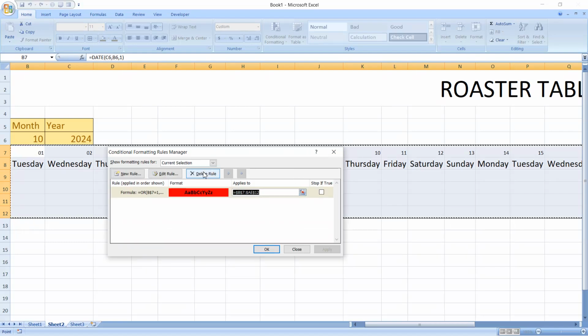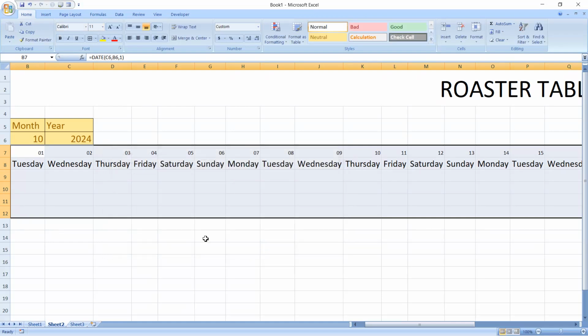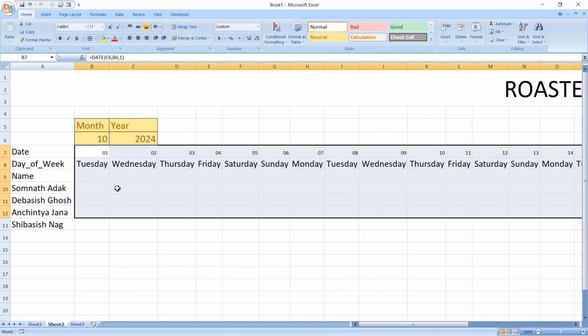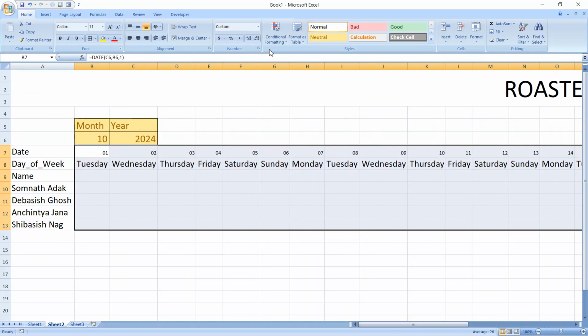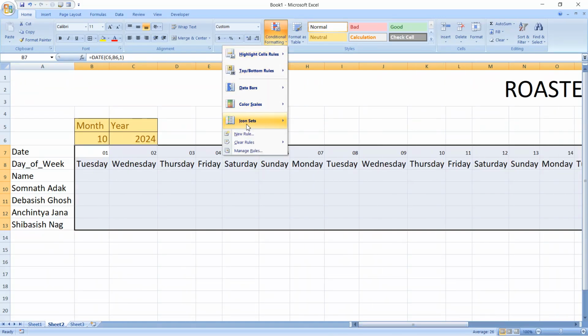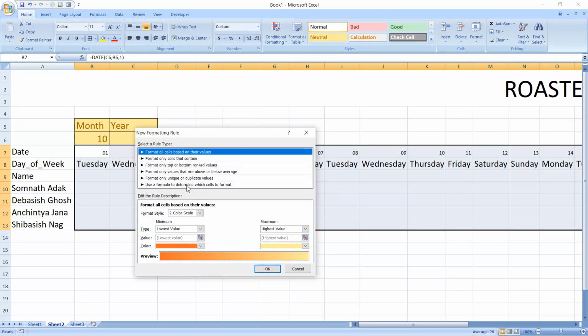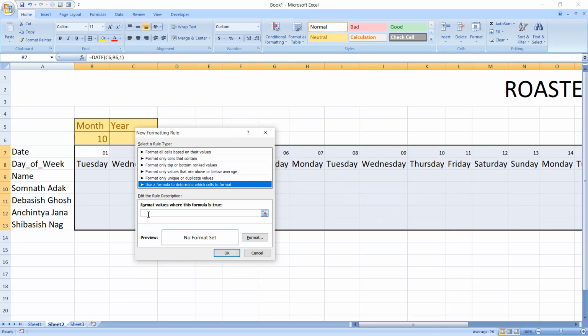So let me delete this rule. I made a small mistake. The formula will be something like this: within this range of cells, let me extend the range of cells up to Shivashish Nag. Conditional formatting, new rule, use the formula equal to,